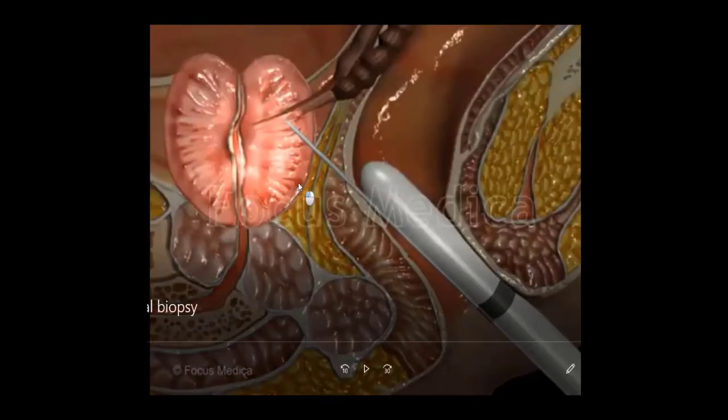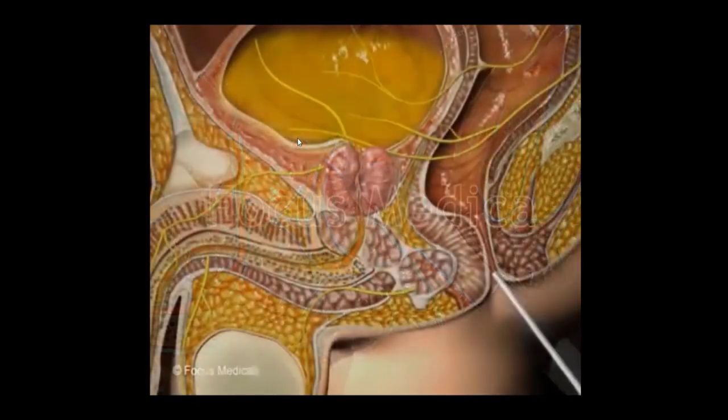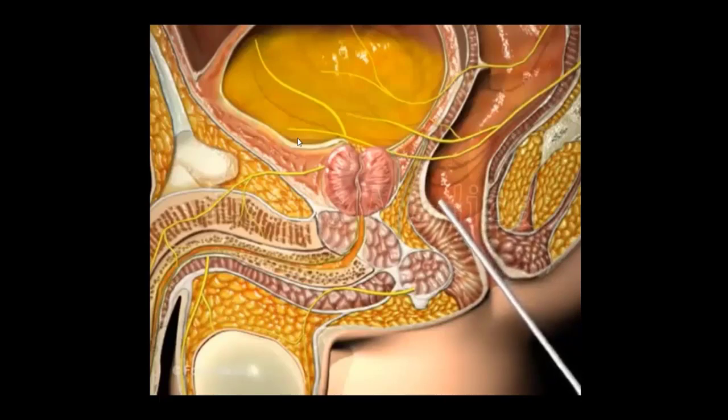So this is just a brief animation video of how to do a transrectal prostate biopsy. As we can see here,